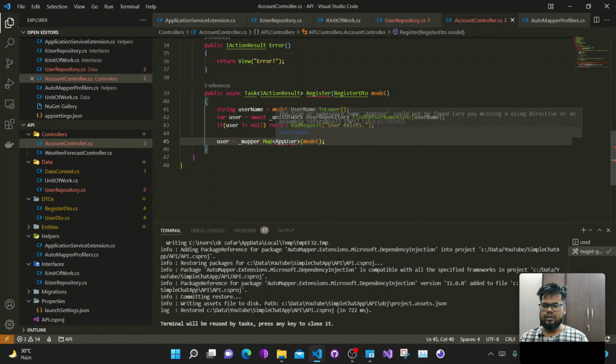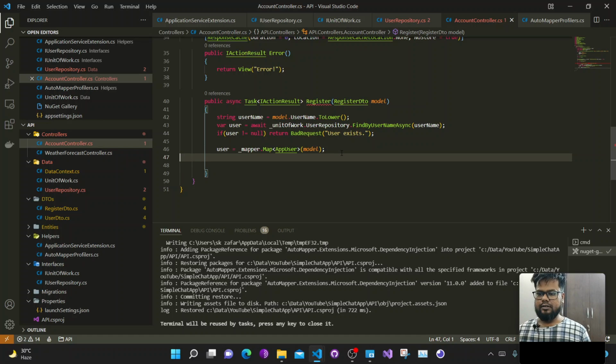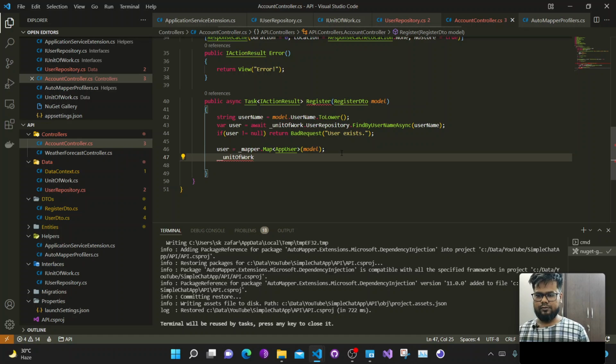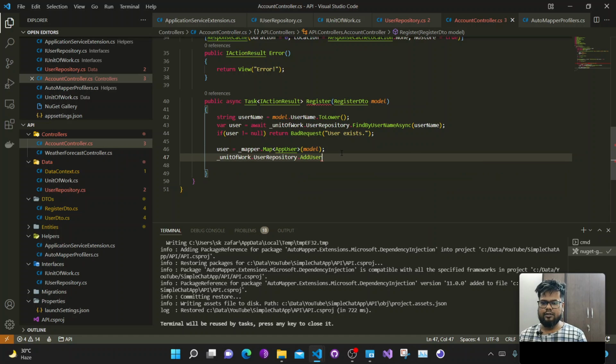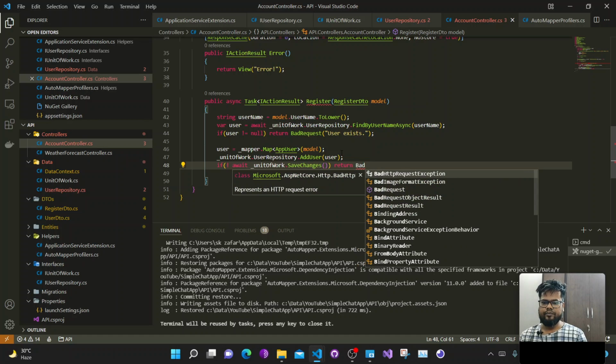Okay, now let's say we have done with the mapper. Now we will add underscore unit of work dot user repository dot add user, then user. And if not await underscore unit of work dot save changes, then we are going to return bad request,